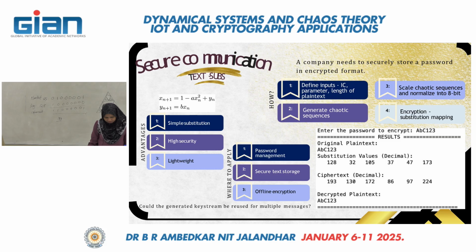in this case, we are using the substitution method to generate the ciphertext. It's a very simple algorithm, just to show you how we can use chaos in cryptography. Okay, and so the next is